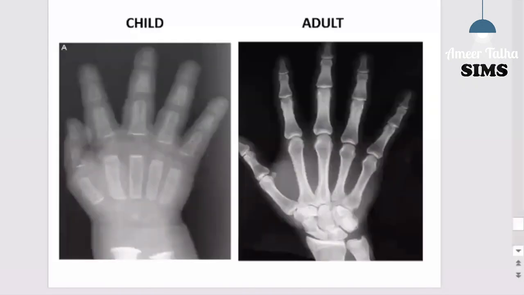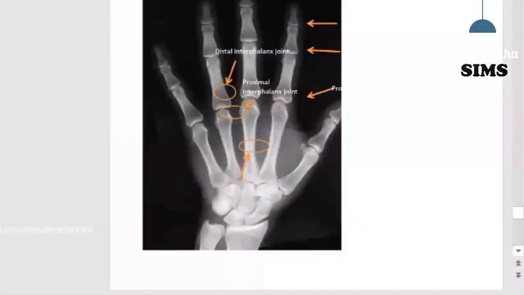And before this was also the anteroposterior view, which is focused from the front. The radial styloid process is shown on the lateral aspect, and various areas are marked either with arrows or with circles.